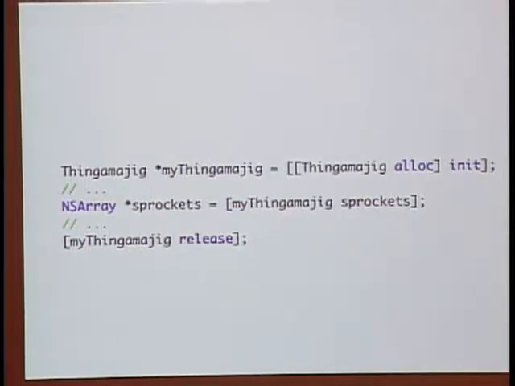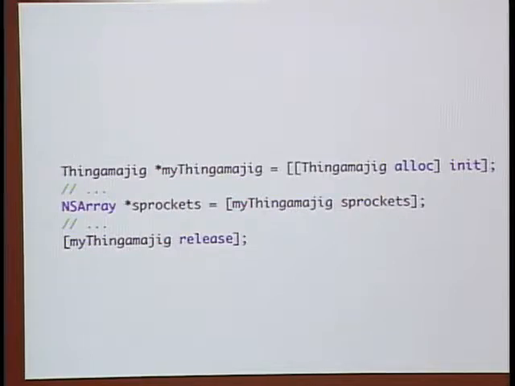Basically, we have this thingamajig object, and we're allocating it. So we're calling this class method alloc on thingamajig, and then we're sending it the init message to initialize it. So we have our myThingamajig, and now at some point we grab this NSArray, which is sprockets. So we say myThingamajig, give me some sprockets. So we have some sprockets, and